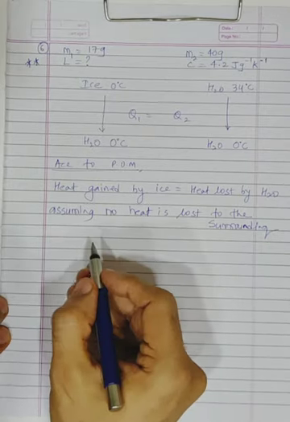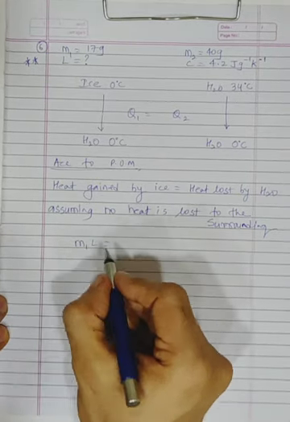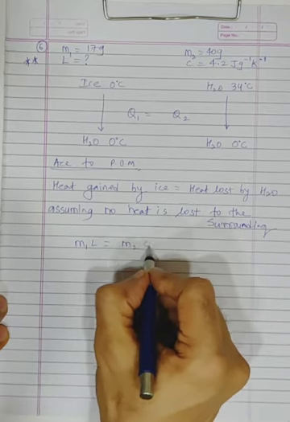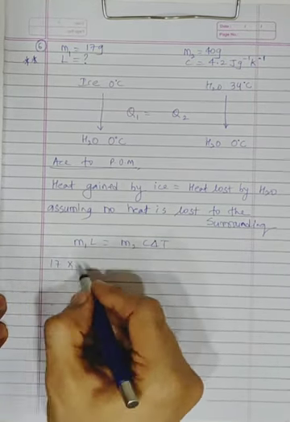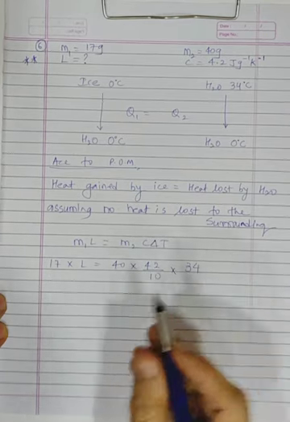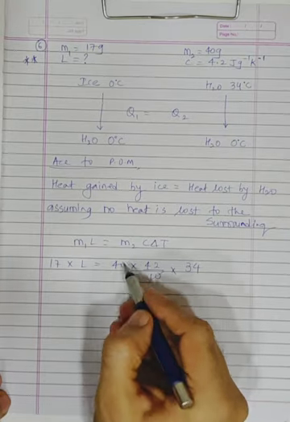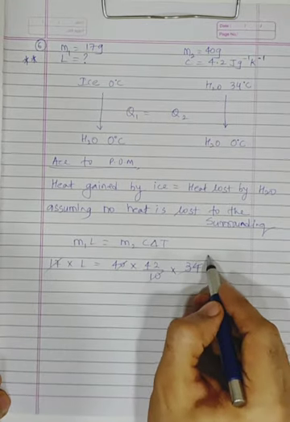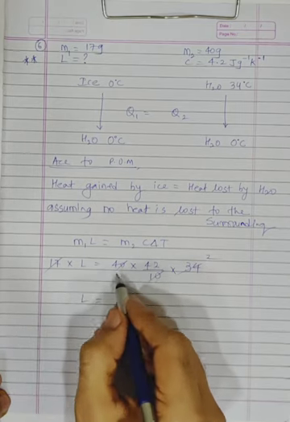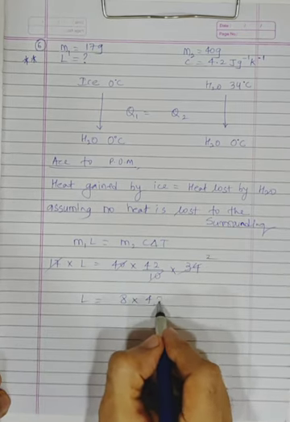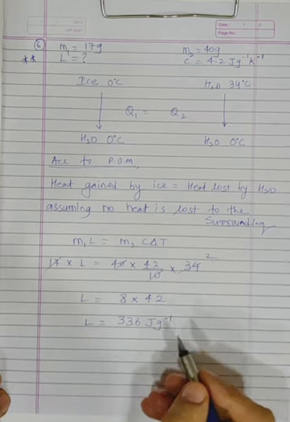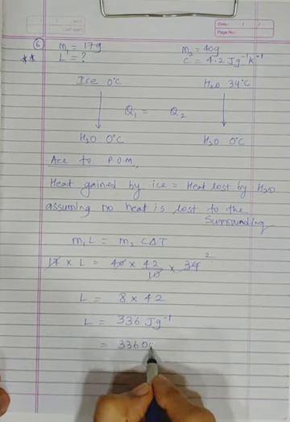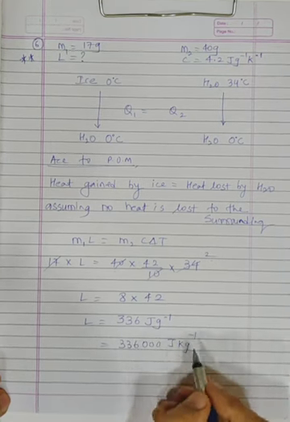Now heat gained by ice will be equal to what? mL. Heat gained by ice equals heat lost by water, which is mc delta T. Let's substitute again. Mass is 17, L we don't know, M2 is 40, C is 4.2 and delta T is 34. Very simple calculations. 0 and 0 get cancelled. 17 ones are, 17 twos are. So L equals 4 into 2, 8, 8 into 42. But what is 42 into 8? We already learned 336 joule per gram, or 336,000 joule per kg is the answer.